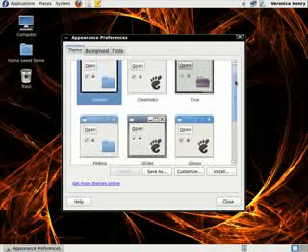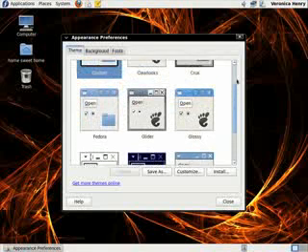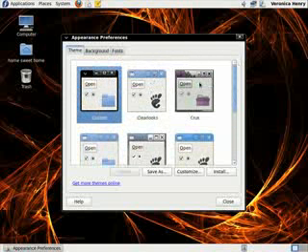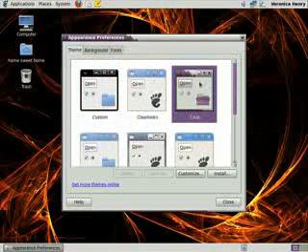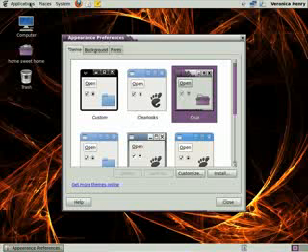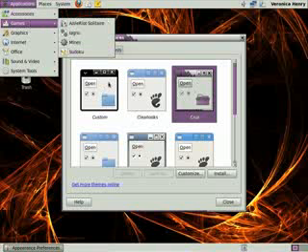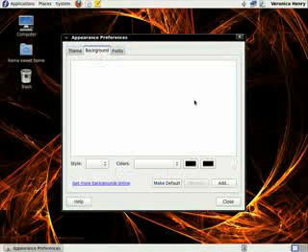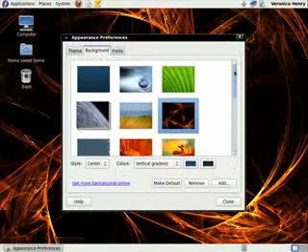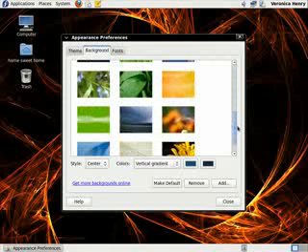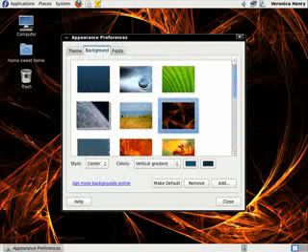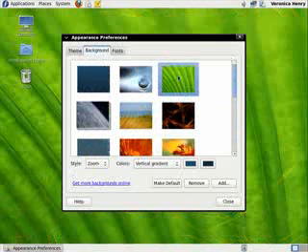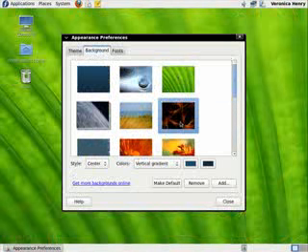As you can see here, you have different themes, and you can simply click on one to select it, and you'll see the changes applied immediately, just in terms of the colors of the windows and the menus, and things like that. I'm going to go back to our custom. And again, the same for backgrounds. There's a list of pre-installed backgrounds that come with the system, and you can also get some more backgrounds online as you see here. And again, simply clicking on one will apply the change, but I'm going to go back